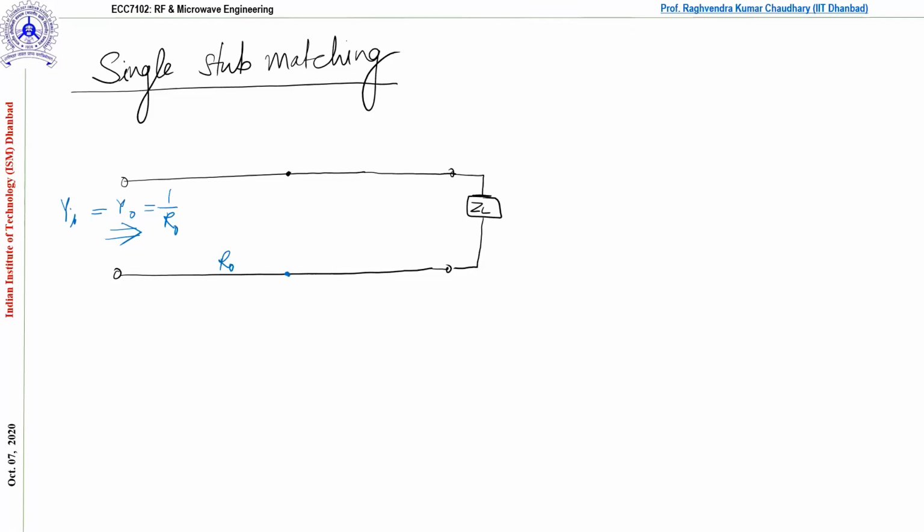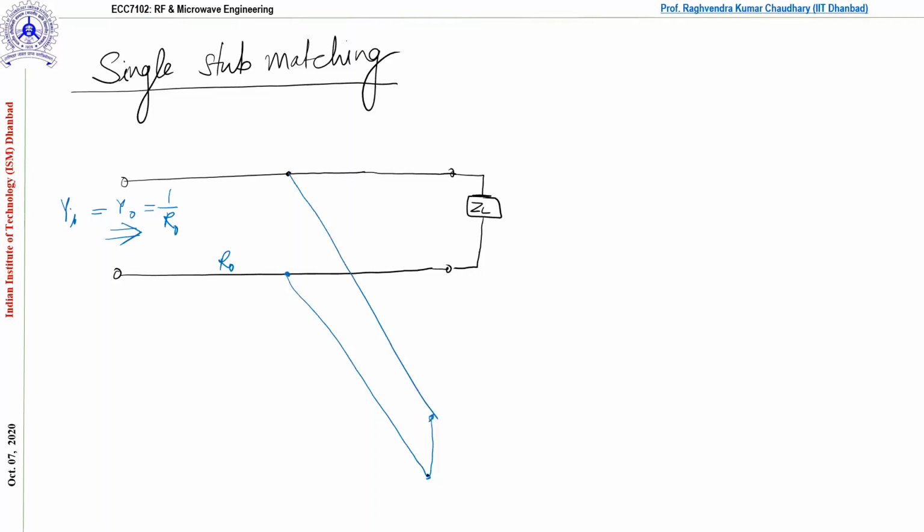Now, the thing is, at the moment when you are connecting the load, you require a proper match actually. So we are going to connect a stub. Okay, this stub may be open or short-ended. Correct. Critically, to realize the short circuit is somewhat easy as compared to the open circuit at higher frequencies. You just need to connect the wires.